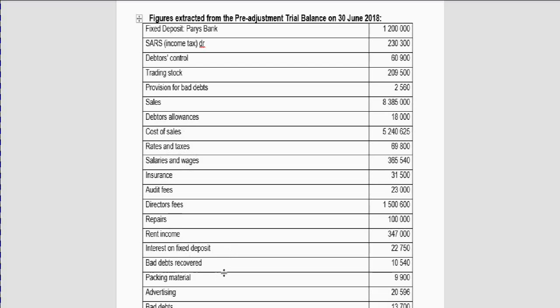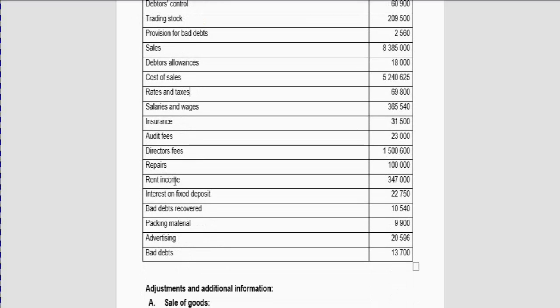The name of the transaction will either say rent income or interest income or whatever. So they will be easy. There's only a couple that will go in there. It will be things like rent income, bad debts recovered,